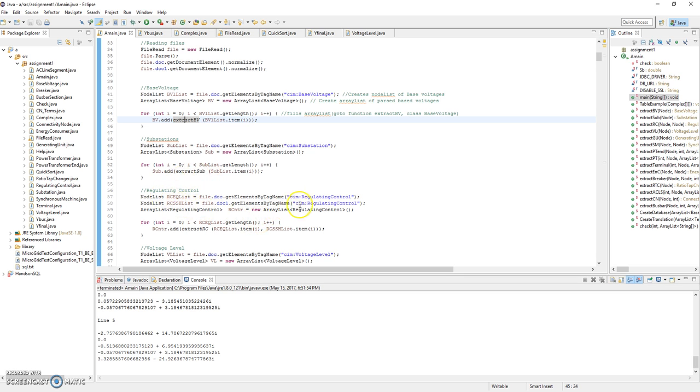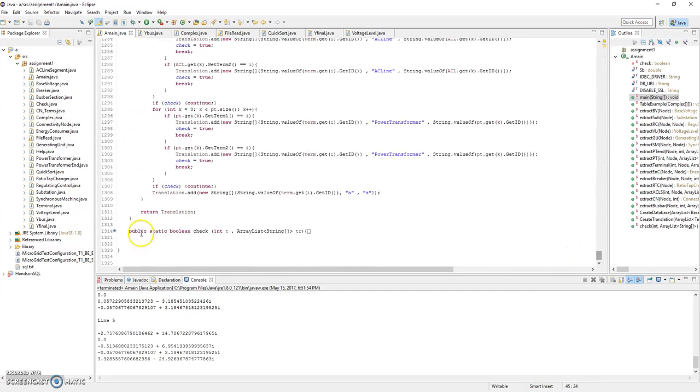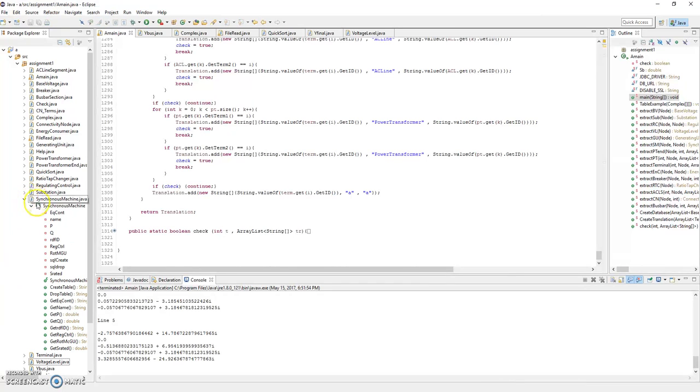We just want to say that, as you can see, some categories of elements are parsed twice, in both files, because they need both the EQ and the SSH file. We will see a function. We will take the synchronous machine function, which has the most